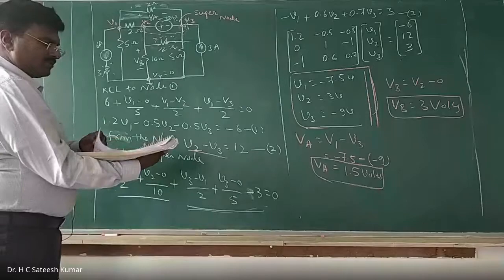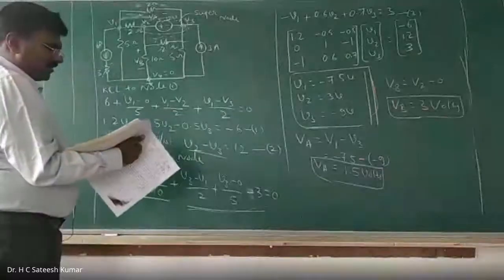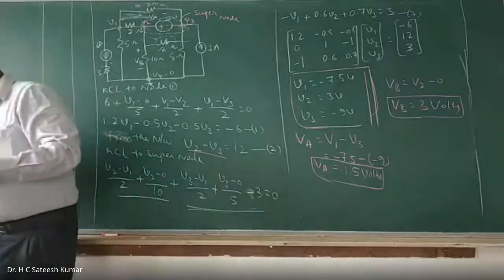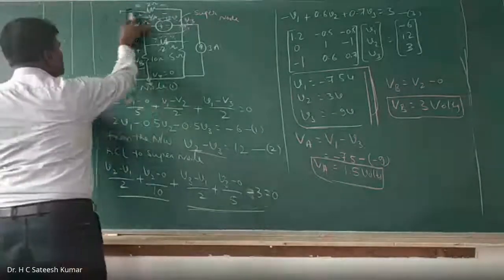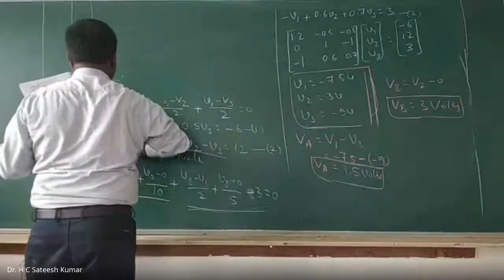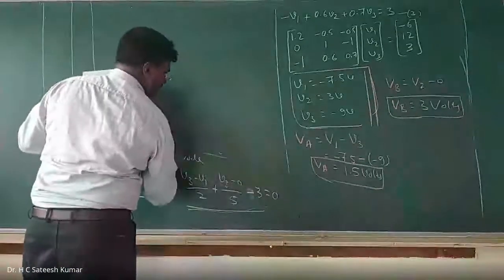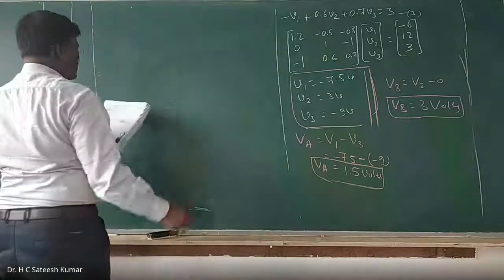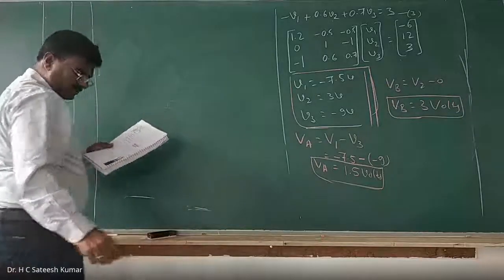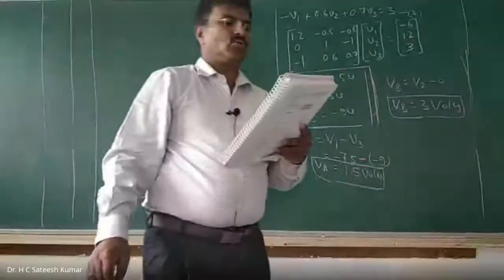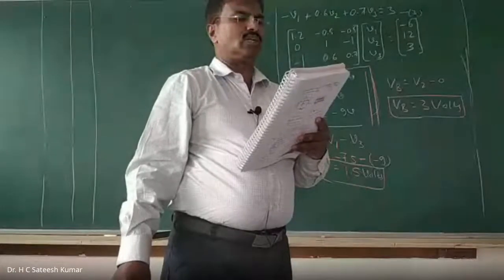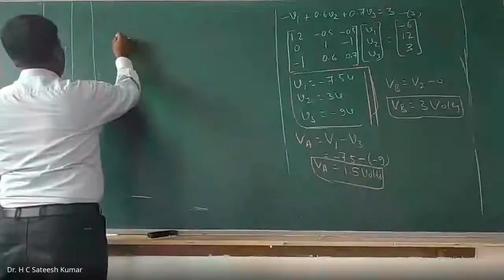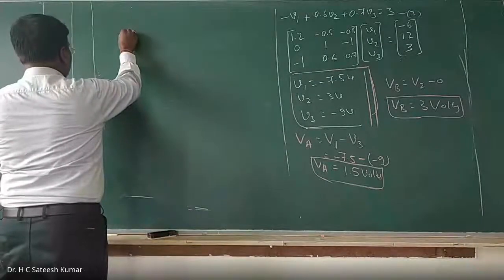Okay. So this is one problem from the supernode. Another example of a supernode problem we have. Take up that one. Now, another problem on supernode. Observe carefully what I am doing here. Find the voltage across 40 ohm resistor. Another examination question. Find the voltage across 40 ohm resistor using nodal analysis. Okay, right? Observe carefully. This is another critical problem. Very standard problem this is.